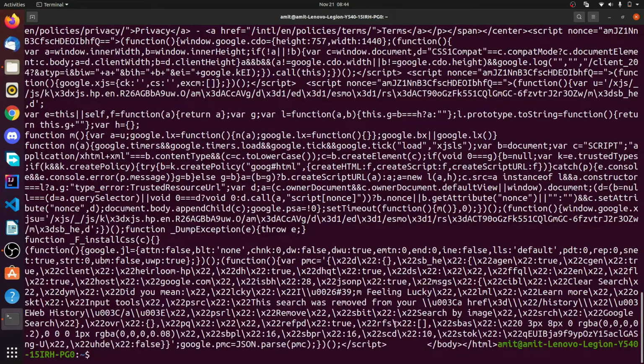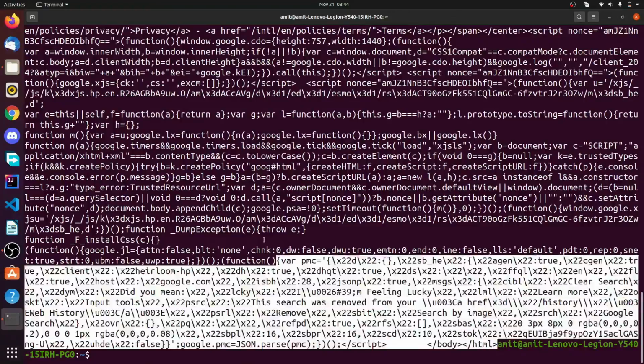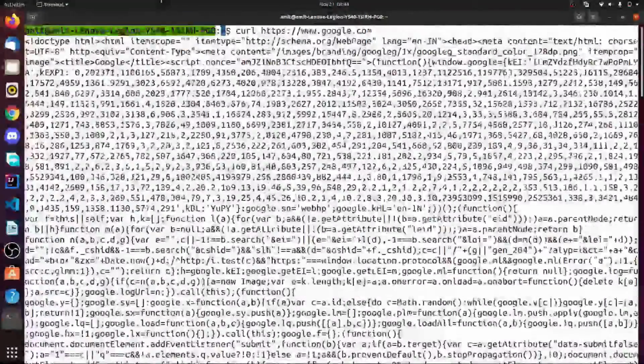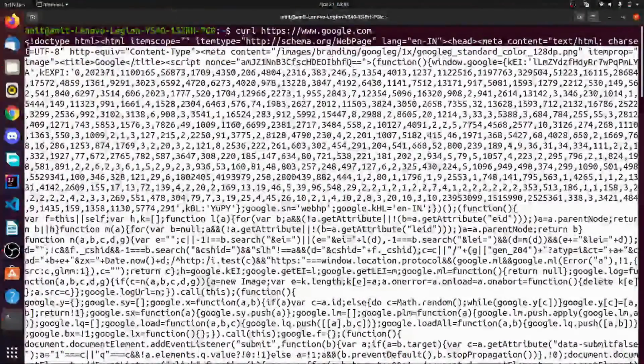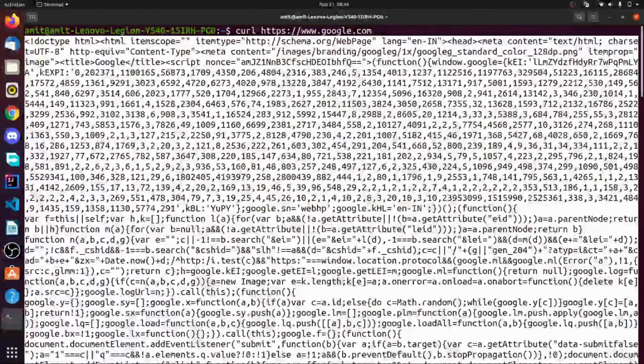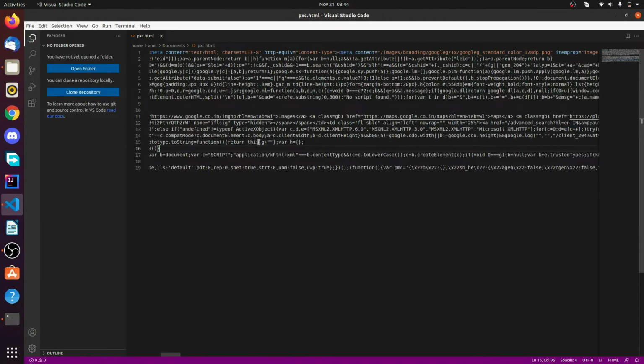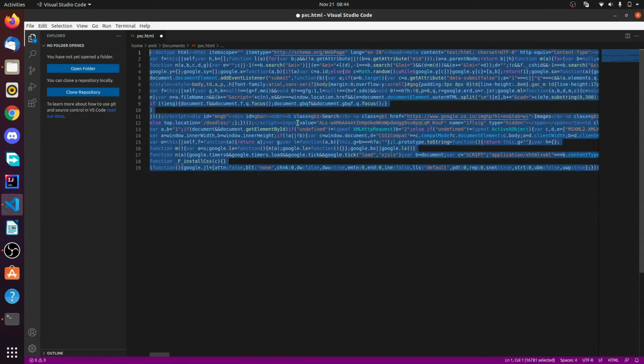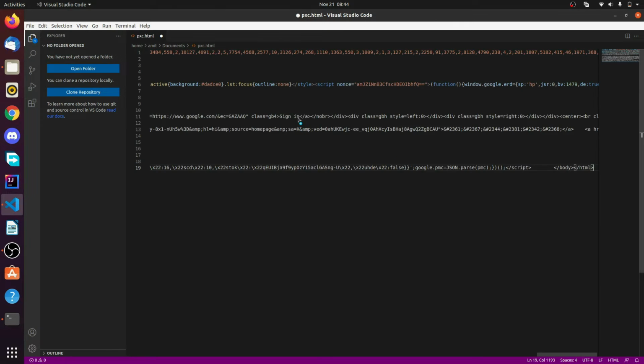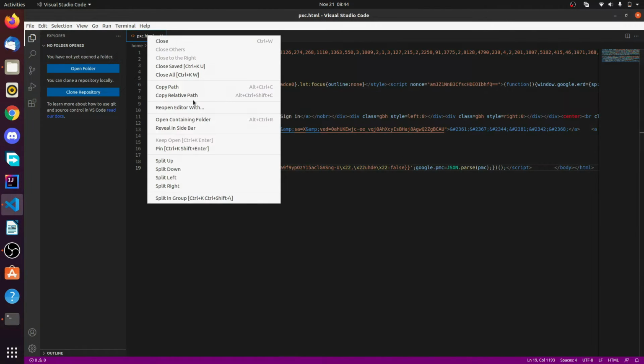Okay, so you can see that this is the complete HTML structure. Let's copy from here and test whether this gives the correct result or not. So we'll copy from here till here. Now go to the VS Code editor. Here you can see the VS Code editor. We just have to paste it, save it, and copy the related path.